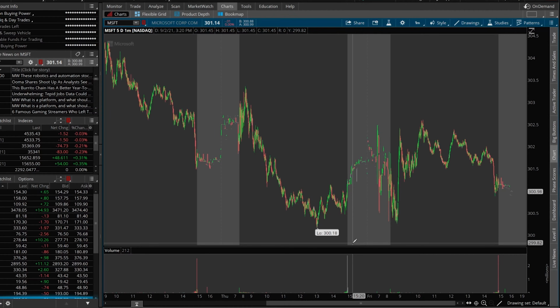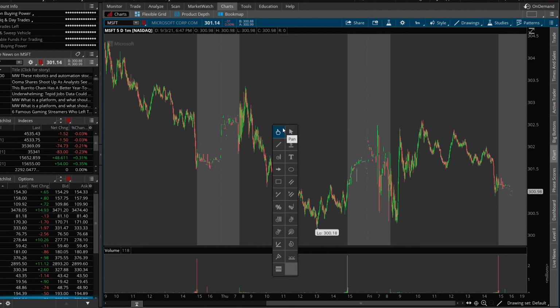Now that we actually know how to access the drawing tools themselves, use some of the shortcuts, let's go through some of the most popular drawing tools in ThinkorSwim. So again, I'm going to go ahead and bring up the little tool submenu. And now that I've got all the drawing tools selected, you're going to see there are quite a few. But to be honest with you, you're not going to use the vast majority of these. Now, the ones that you're going to use most often or most frequently are actually in the top right here